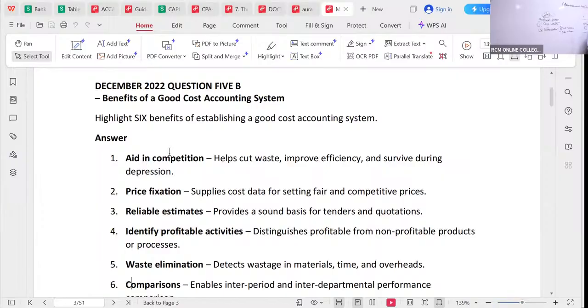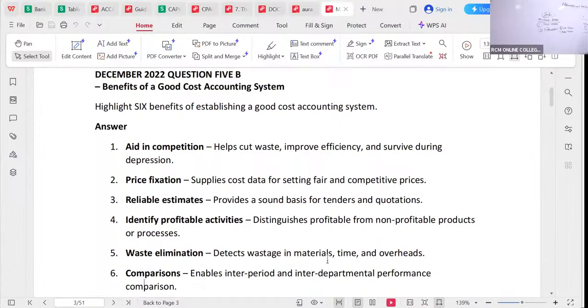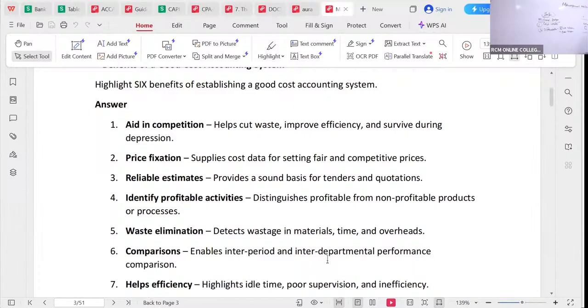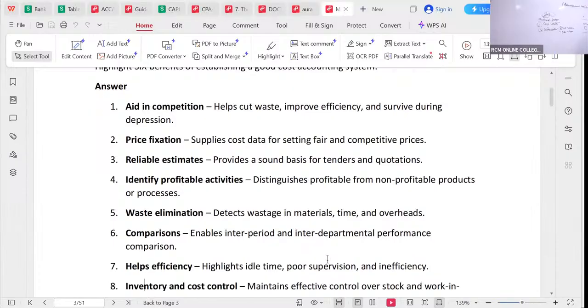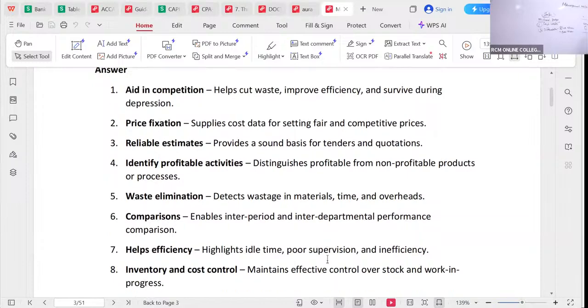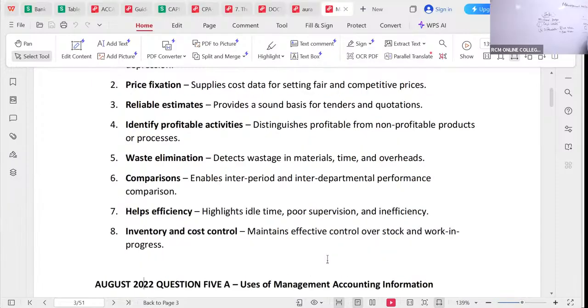So reliable estimates provide a sound basis for tenders and quotations, identify profitable activities, distinguish profitable from non-profitable products, eliminate waste, detect wastage in materials, time and overheads, seek comparisons, enable inter-period and interdepartmental performance comparison, help efficiency, highlight idle time of employees, poor supervision and inefficiency, inventory and cost control, maintain effective control over stocks and work in